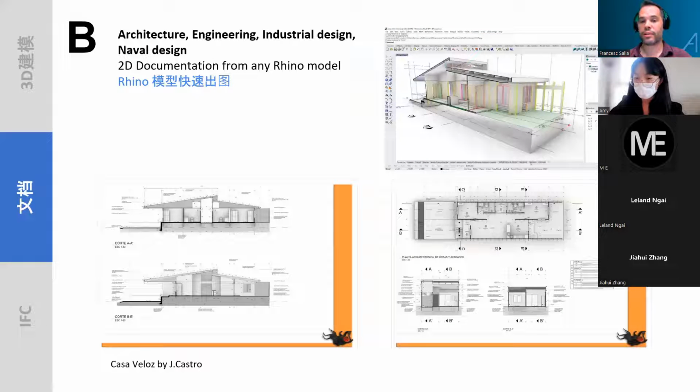Well, this is a project that doesn't have any single VisualARQ object, but VisualARQ was used to produce the 2D drawings. So it's not really necessary to work with visual objects to produce the sections or elevations or plan views afterwards. 那我们可以直接使用这个 Rhino 的模型，可以快速的出2D 的图形。对，我们可以看到这几个图都是出图之后呢，带有相关的参数。